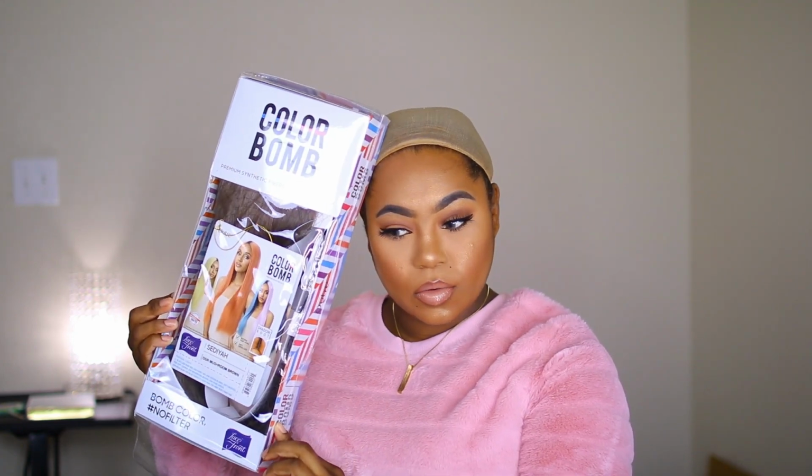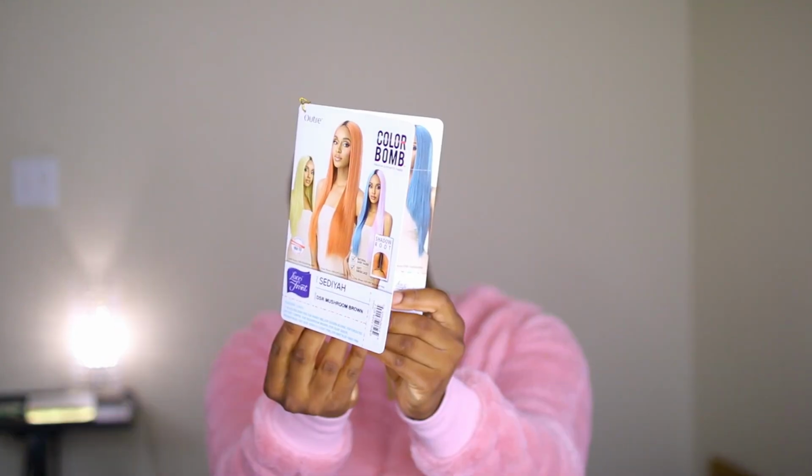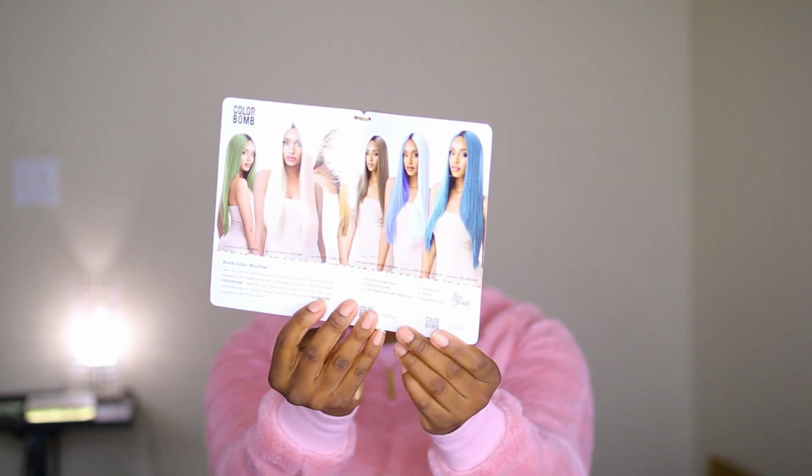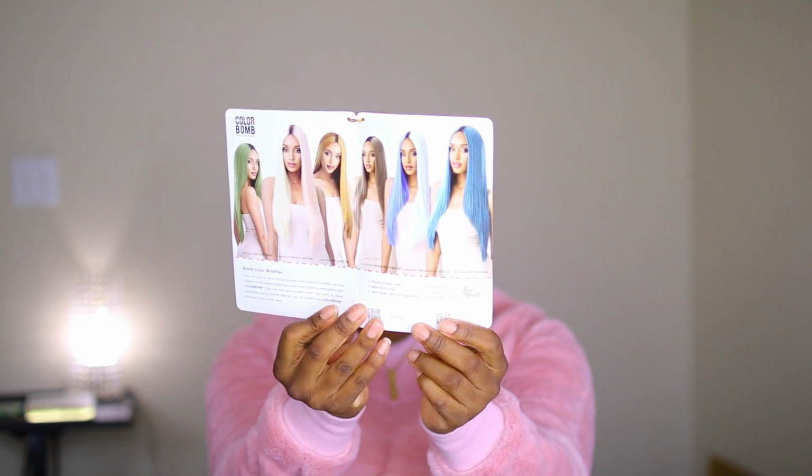So this wig is going to be by Outre. It is their Color Bomb Premium Synthetic Wig. It does have the shadow root, as you can see, so it is going to be in the style SEDIYAH or SEDIYAH. The color is